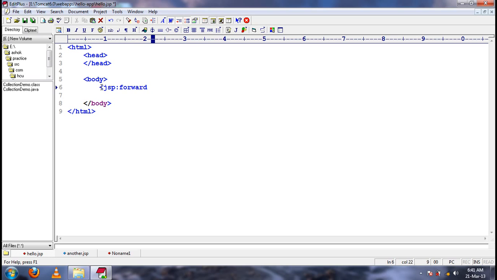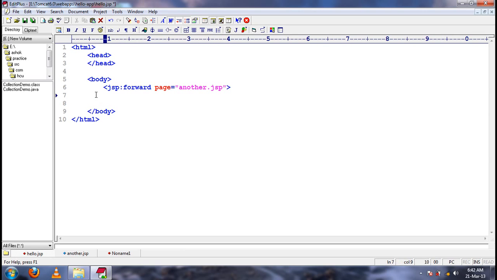This tag has the attribute page. And while forwarding the request to another JSP page, we can send some parameters.